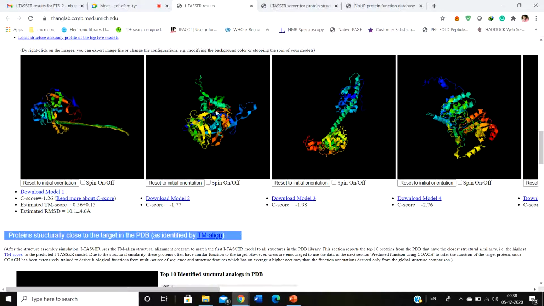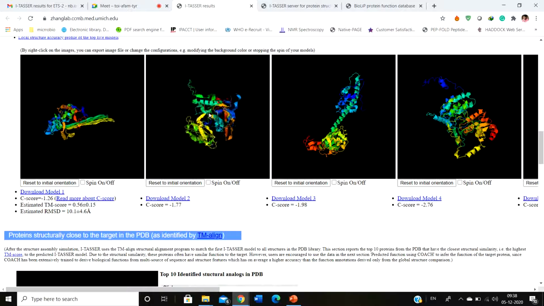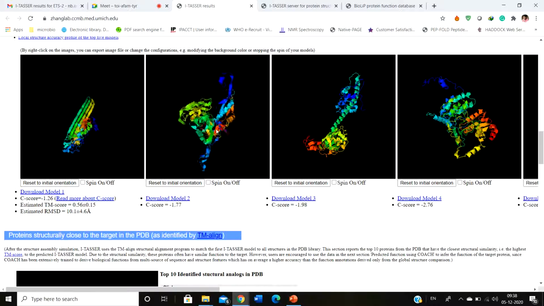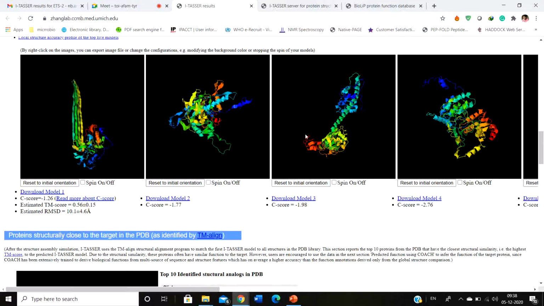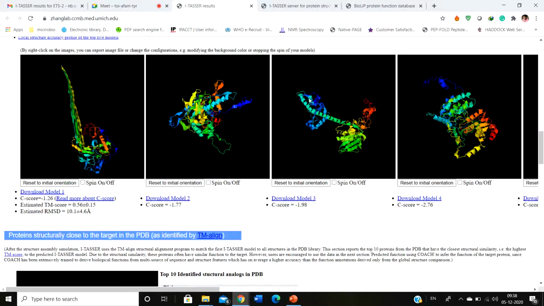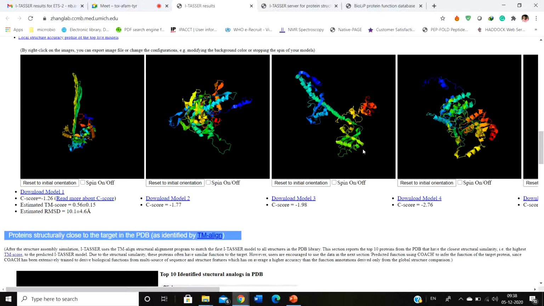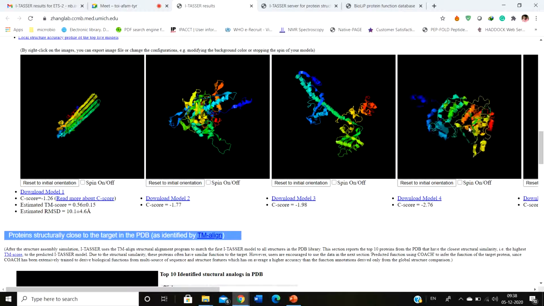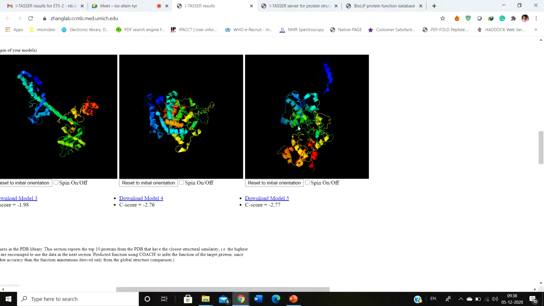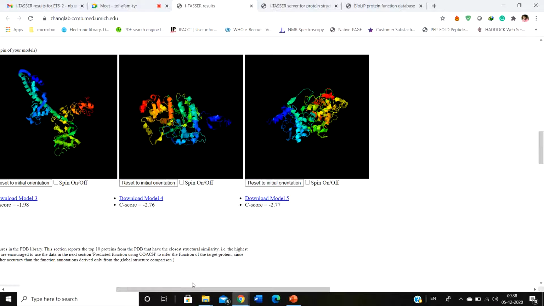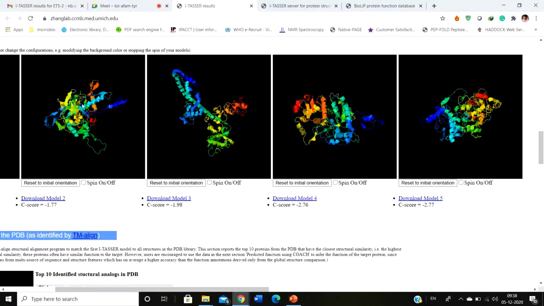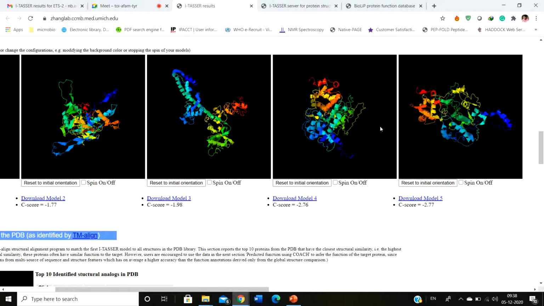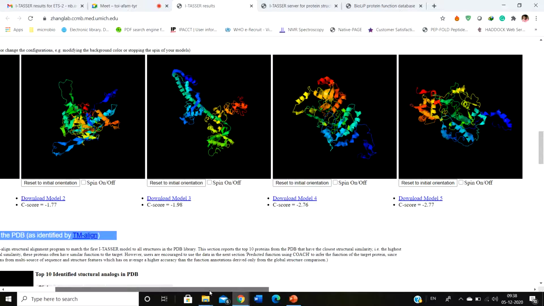The second has this particular score, and this is a far better structure than this one. In the third case, you also have a similar kind of protein with a long chain, but I'm going to avoid this also. This is the fourth model, and ultimately this is the fifth model. Just by taking a look, we can say it might be this one, or this one, or this one, but we have to go through a series of other conformations to predict which is the accurate structure.